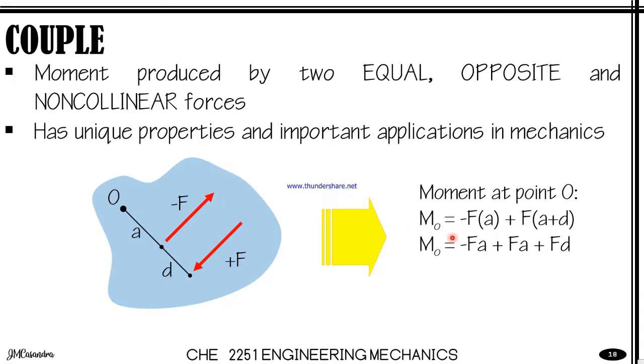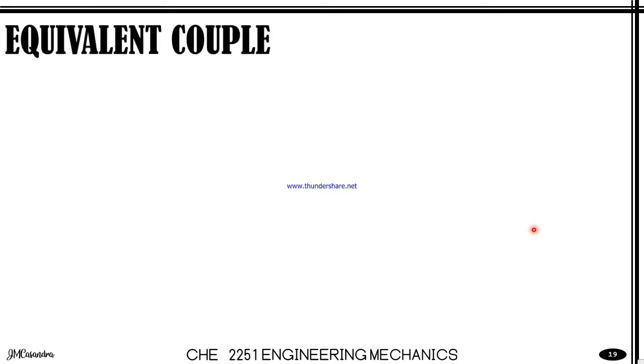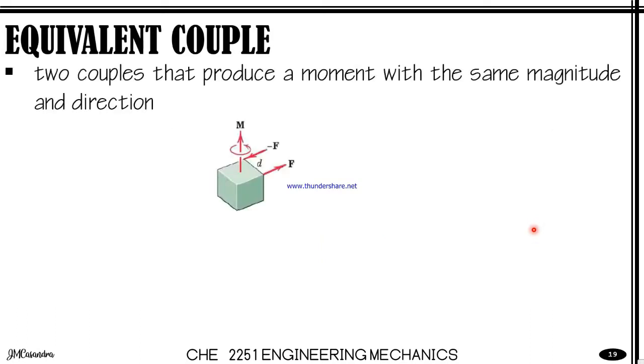So these two terms cancel out. We'll have the moment of a couple equivalent to force times D, or the distance between the two forces. So we have our equivalent couple, which means these are two couples that produce a moment with the same magnitude and direction. So for this example,